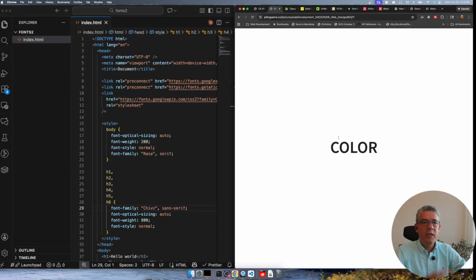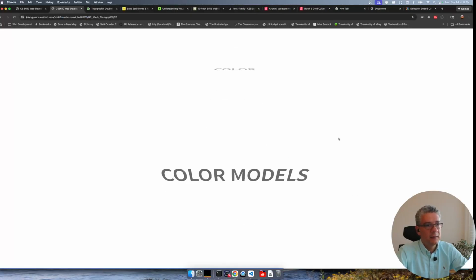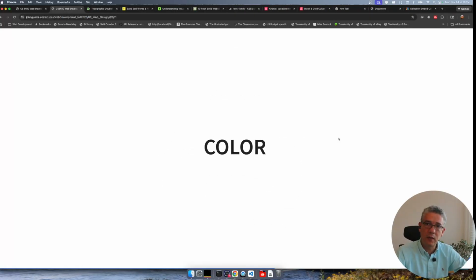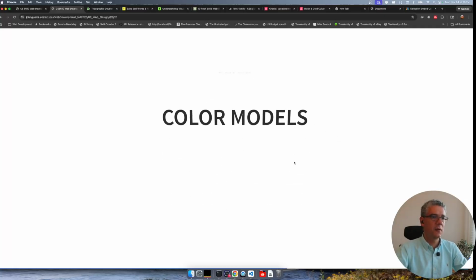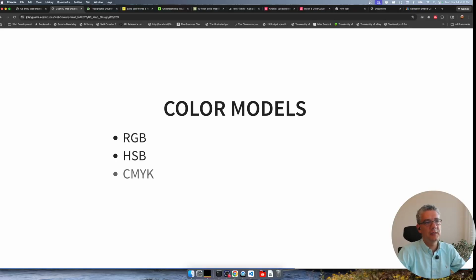Okay, so we already defined the fonts that we're going to have in our application, and then the next thing that you have to define is what are going to be the main colors that you're going to be using. So for color, again, you could create a whole class just talking about color, and I don't know pretty much anything about color, even though my expertise is in data visualization and we do care about color a lot in there. But color is a complex topic because one of the things that you have to understand is